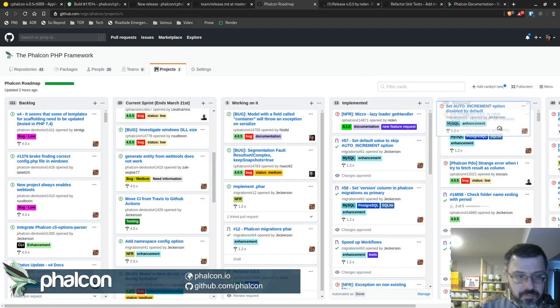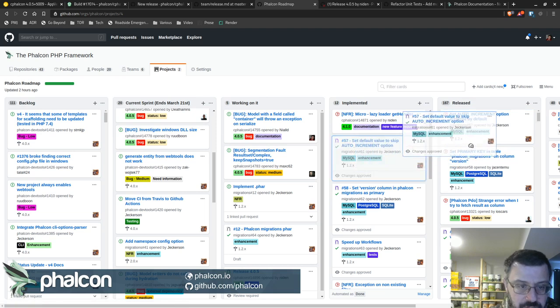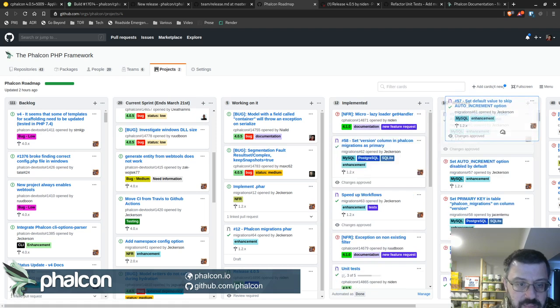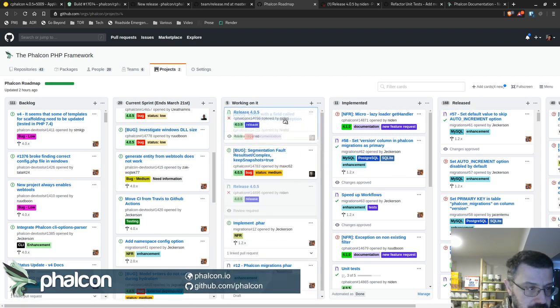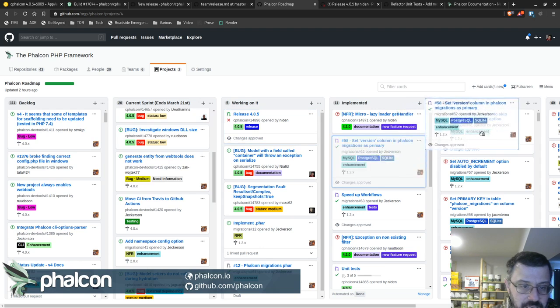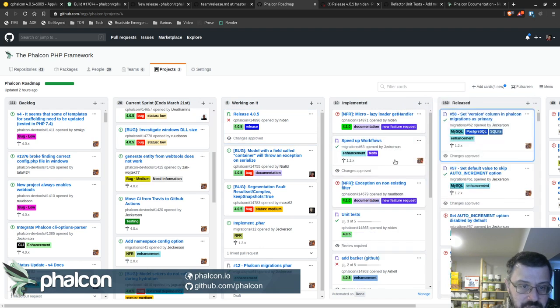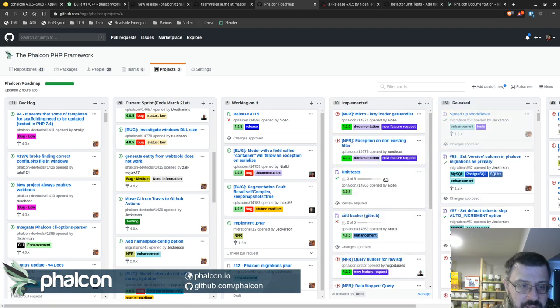And once the pull request gets merged, that particular card, this one down here, the release 2.0.5, let me just pull at the top so you guys can see it. This one will be moved into the implemented and released, of course, and then the released column will remain empty. So I'm quite happy that we managed to